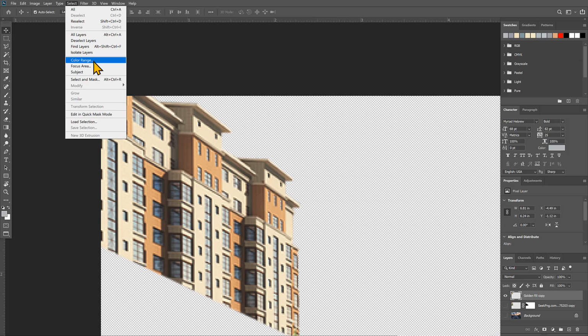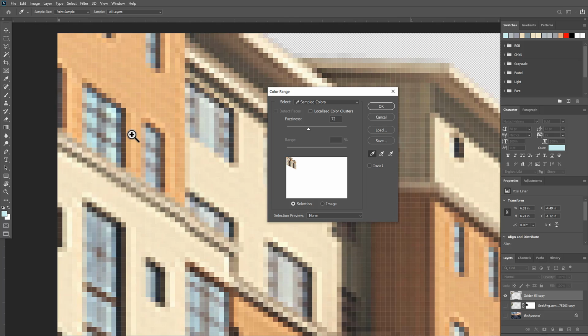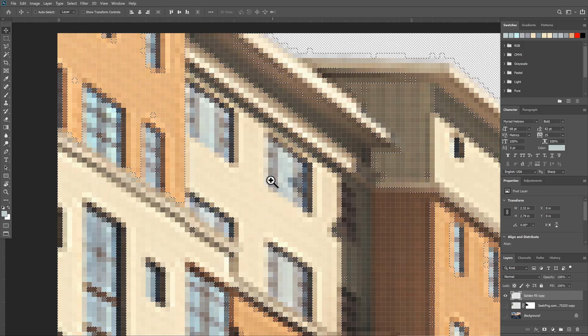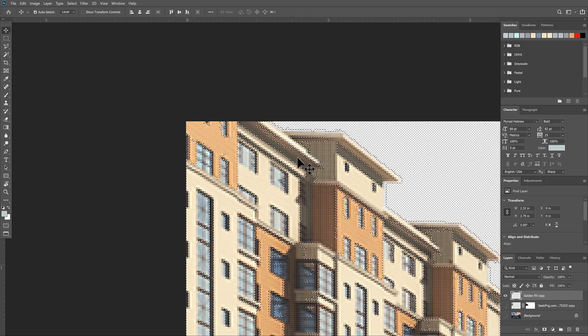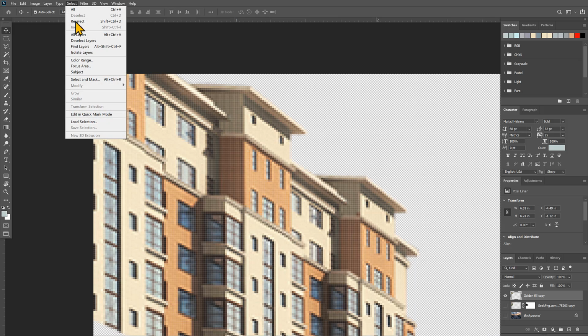I'm going to go to select, color range. I'm going to zoom in and just pick that color. If I increase the fuzziness, it's going to choose a lot of that, which is not good. It's selecting even the structure. So I'm going to undo, go to select, color range,